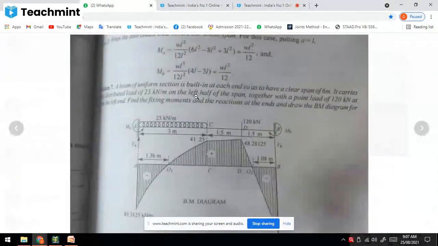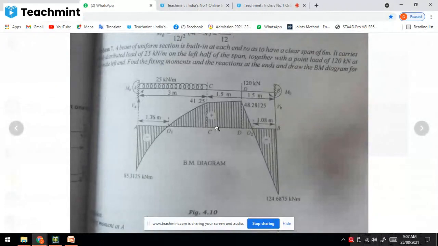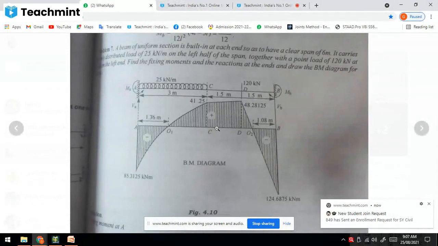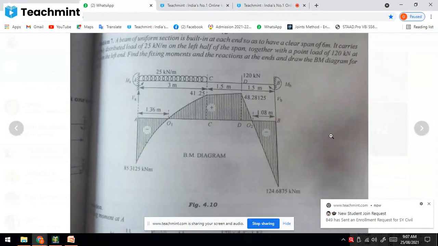Okay. This type of numerical has been taken, yes or no? Fixed beam numerical has been taken or not? It is taken. Yes, sir.